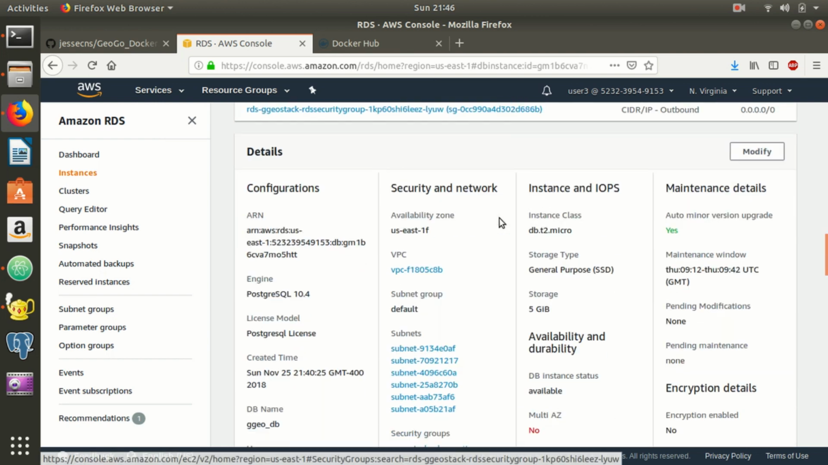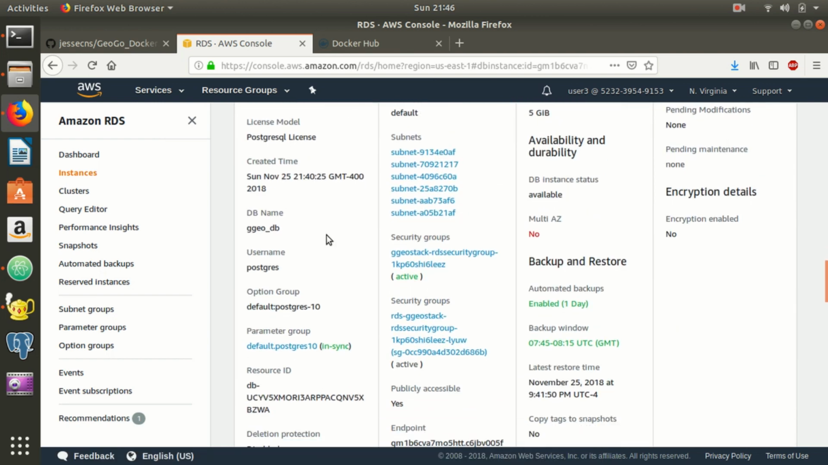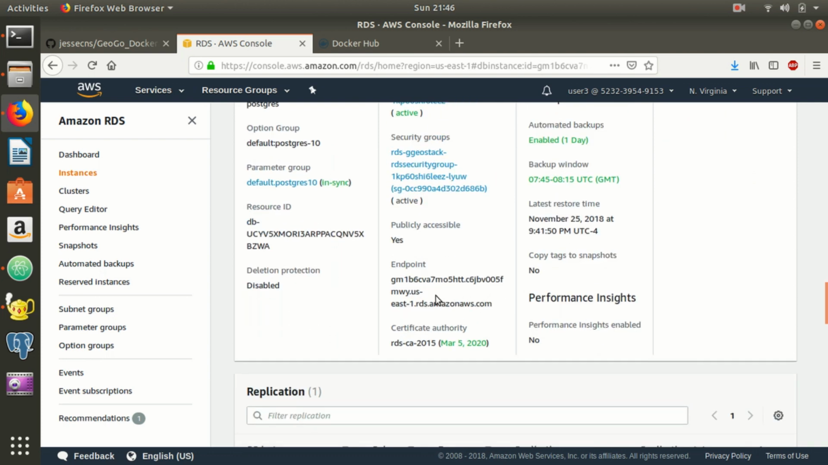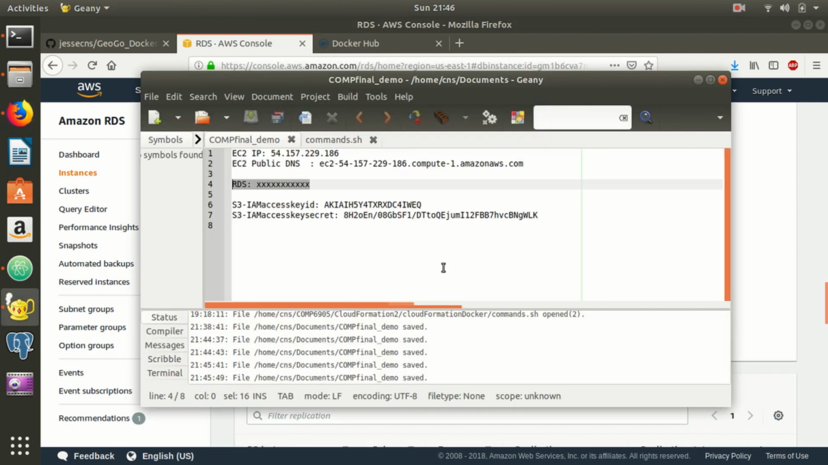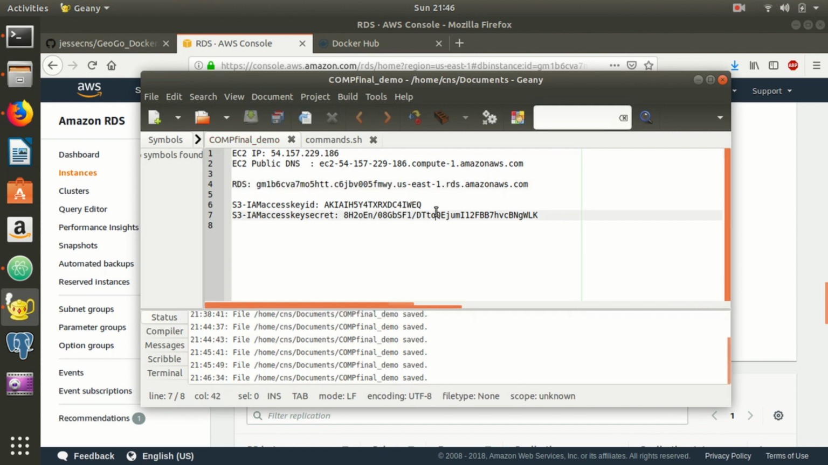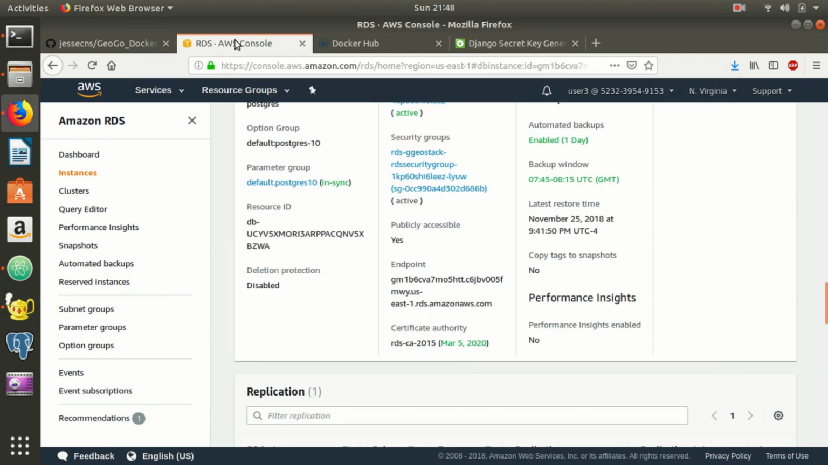And we scroll all the way down. You can see our database name, our username. Everything's using PostgreSQL. And here's what we want. We want to grab this endpoint. Copy this. There we go. Okay, so now that we have all of our user specific information,